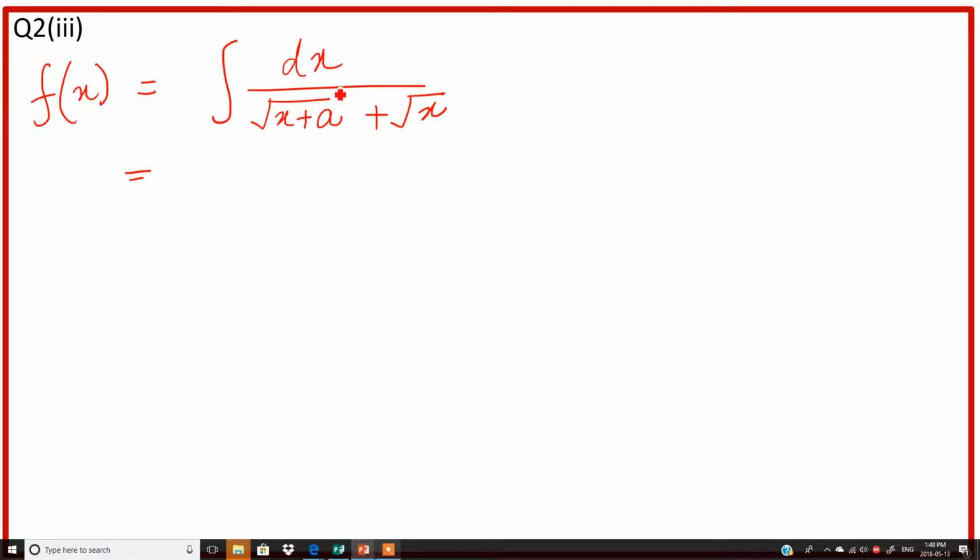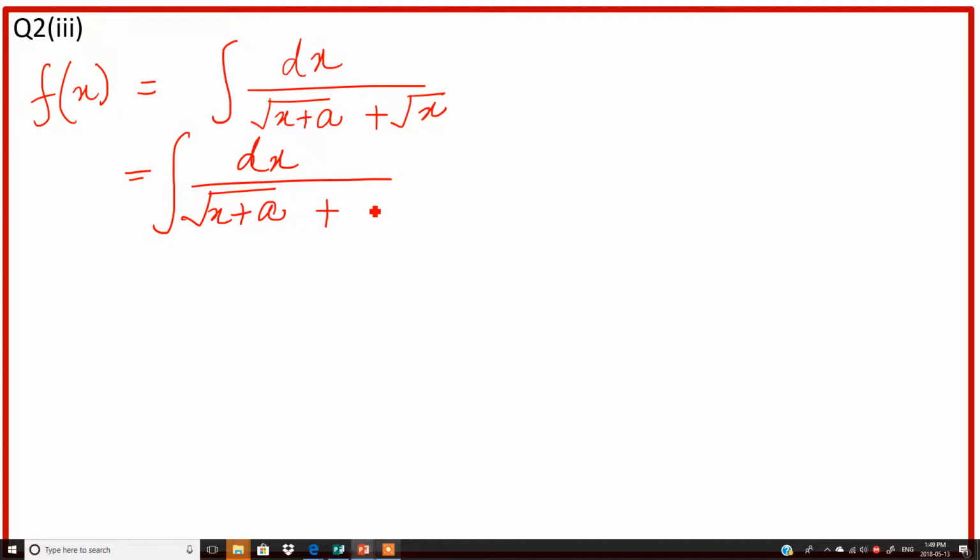So here we have dx divided by under root x plus a plus under root x. This is the rational expression and we have to convert it to an irrational expression. We are trying to solve for the denominator and we want to simplify the denominator. So how will we start? I told you, you have to write down whatever expression we have first, which is dx divided by